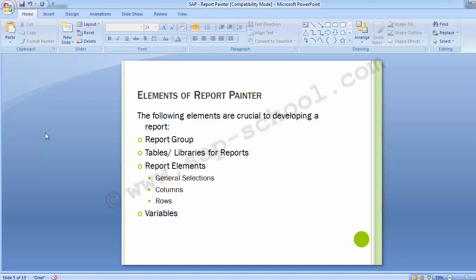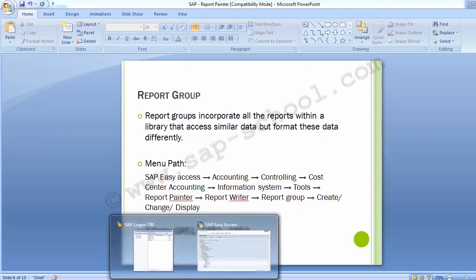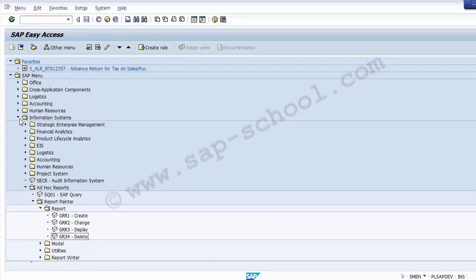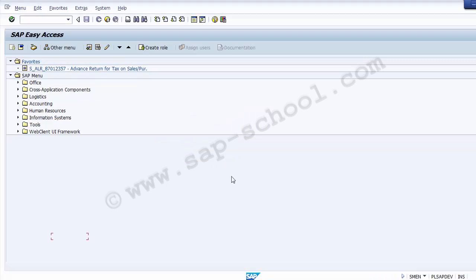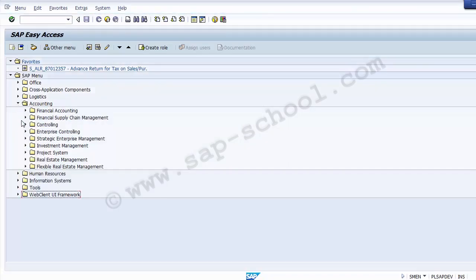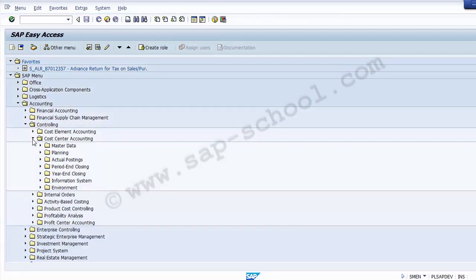So first move on to the report group. You can find the menu path on the screen so as to reach the report group. There is the path as well as the transaction code for the same. So if you move on to the SAP system for this, the path is there. It says you need to go to the SAP system, to accounting, and in that we need to go to controlling, then to cost center accounting,